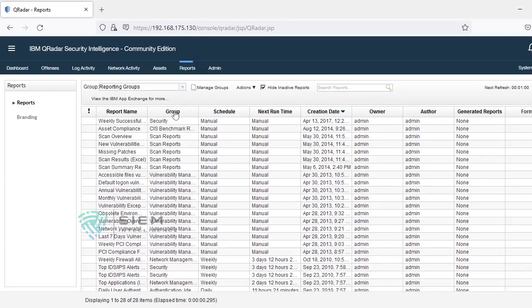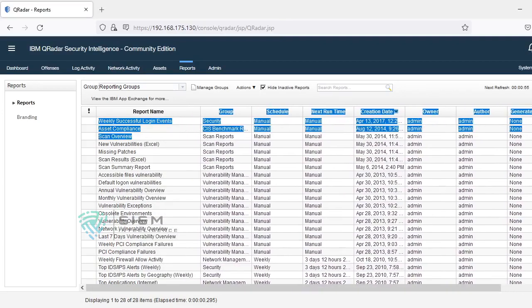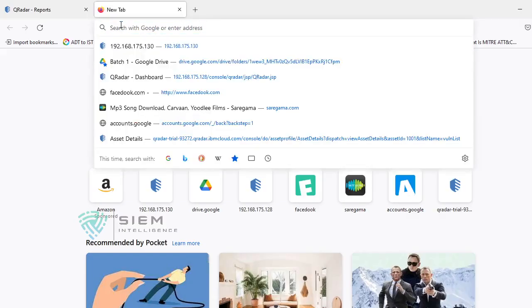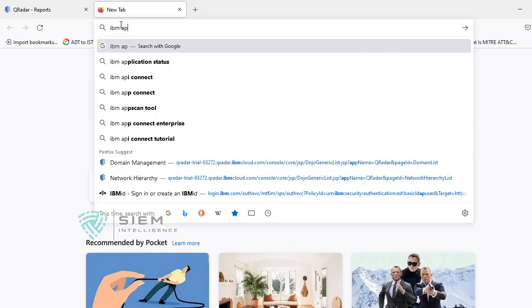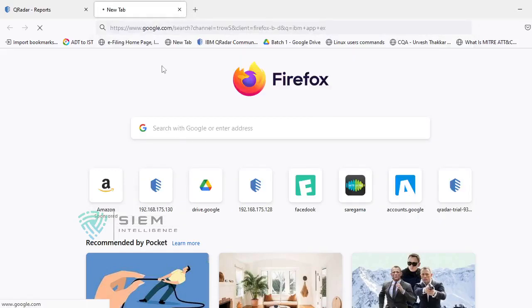Okay. So for that we need to set up some of the reports, and by default there are some readily available. Some of the things are available at your IBM App Exchange, where you can download those activities.